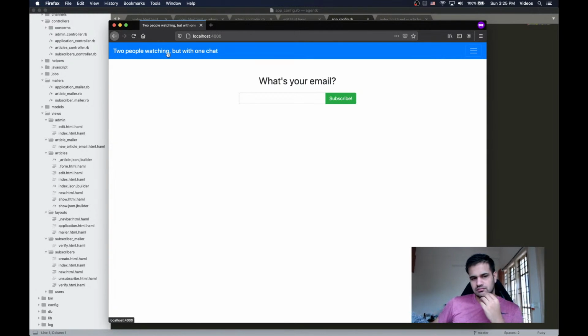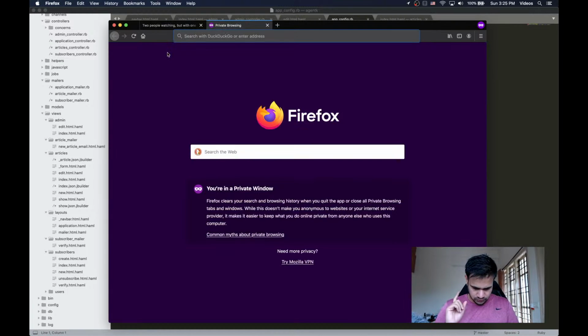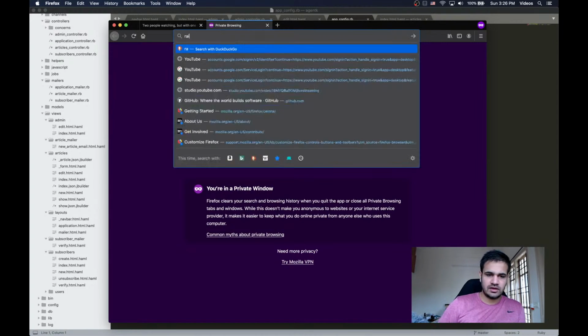Okay, let's try to do something around the UI, like around the CSS files. First I want to understand how the CSS files work here. From what I know, they get compiled and then transferred. So how do we do that right now? So for Rails,